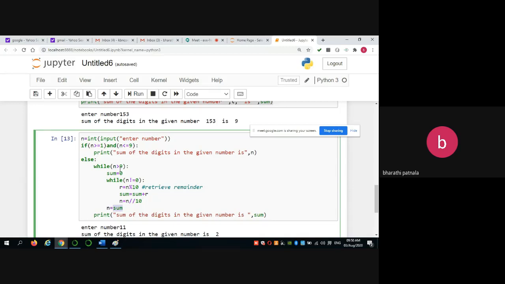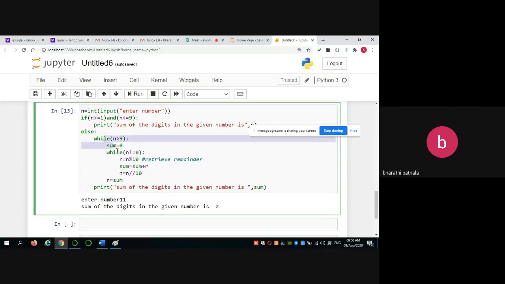If it is more than a single digit, again do the same task and again assign sum to your original number till your n value becomes a single digit. At that time only the loop will be terminated and print the sum value.